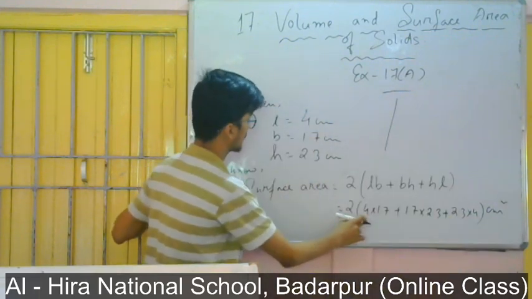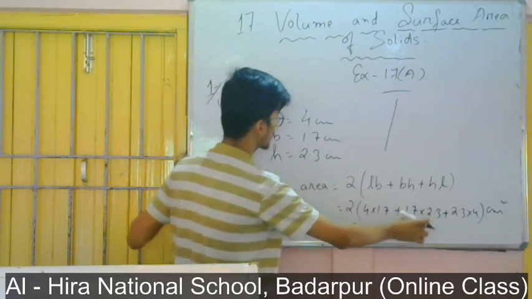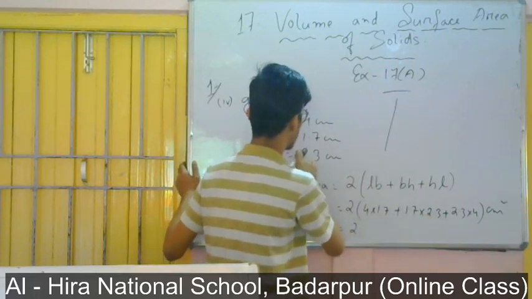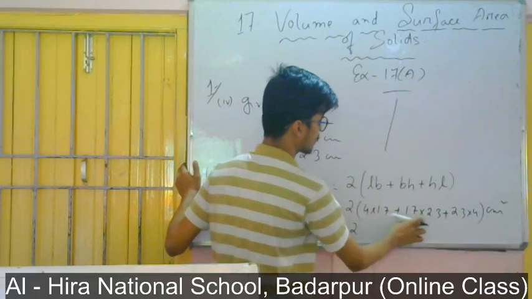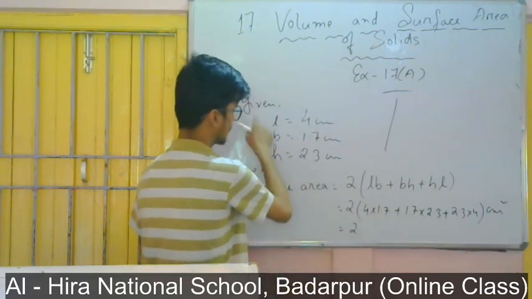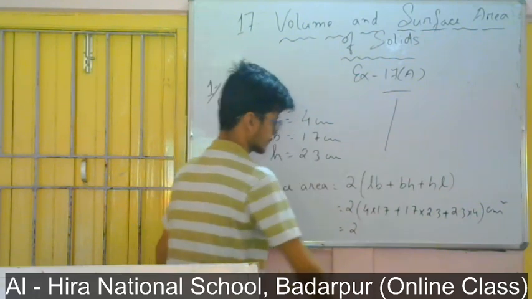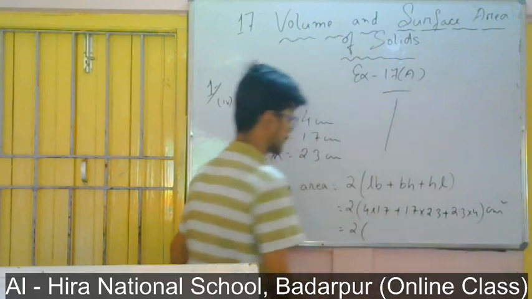Length into breadth, length here it is 4, breadth here it is 1.7, then plus sign, so plus I have given here. Then again breadth into height, 1.7 into 2.3, and for the last one it is H into L, that means 2.3 into 4. So if I simply multiply